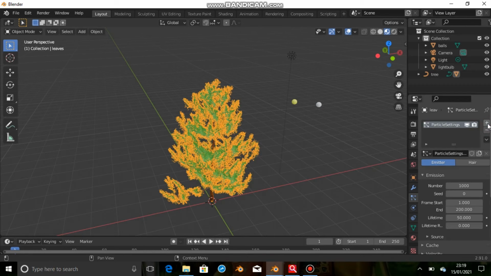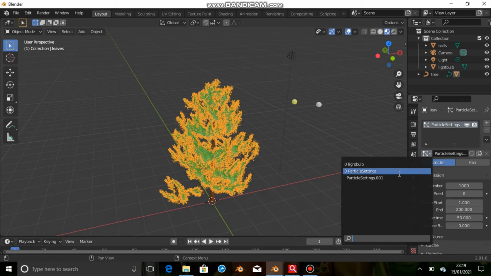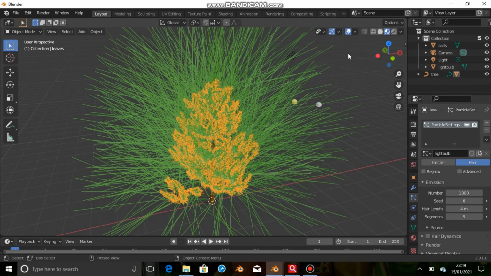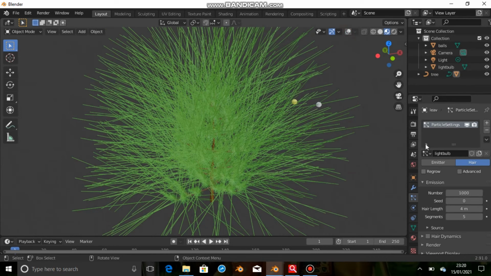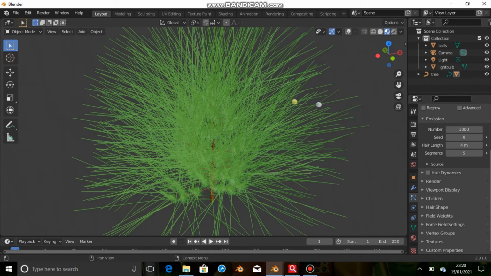So now don't worry about this, you will be getting weird results. So come to the render path. Here we will select render as an object, and in instance object we will be using this light bulb. So then you can see it has been automatically added.